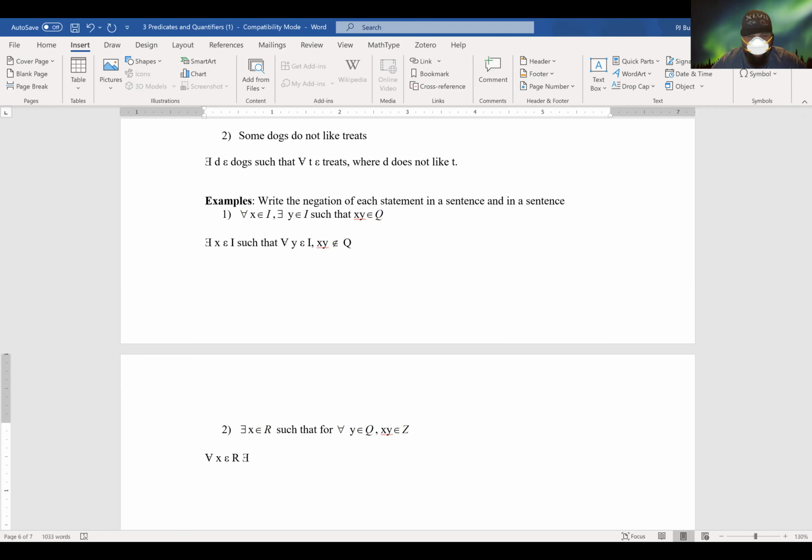There exists Y that's an element of rationals such that